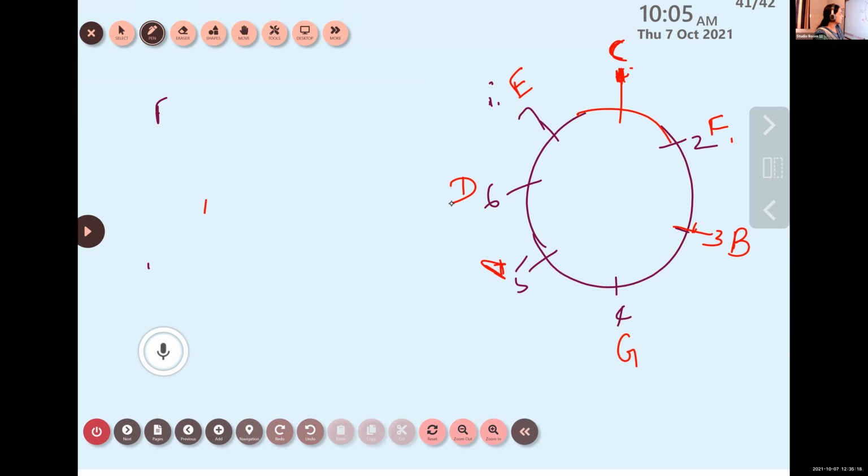What is the answer, Krishna Gandhi? Who is fourth to the left of G? Aman or Krishna Gandhi? Give the answer. C. It is correct. Then, Vinay, who is fourth to the left of G? C. Okay.